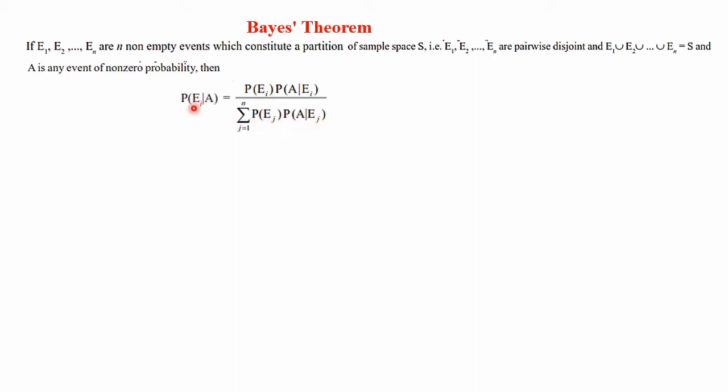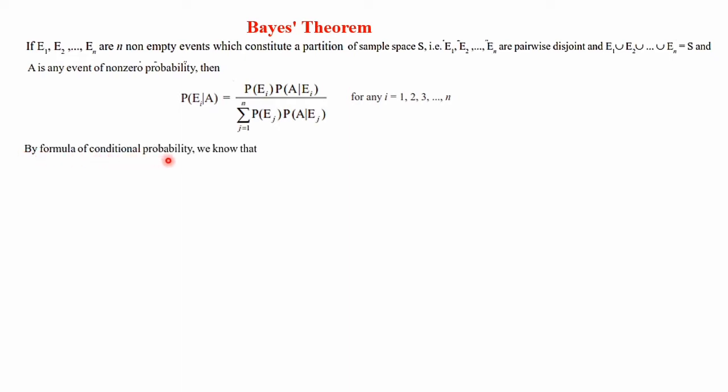Remember this: in the first part it should be P of E given A, in the sense an event which is having a non-zero probability, for any i equal to 1, 2, 3, etc. n. So here let's discuss how this formula is derived, not from the examination point of view, but for understanding purpose it is very useful for you.